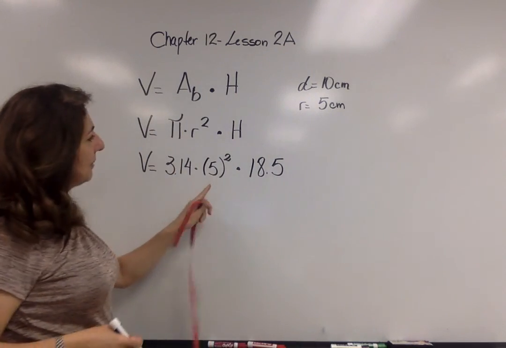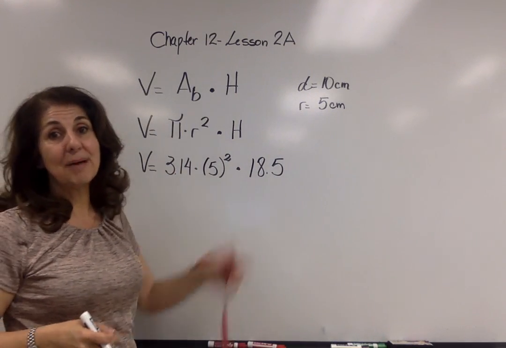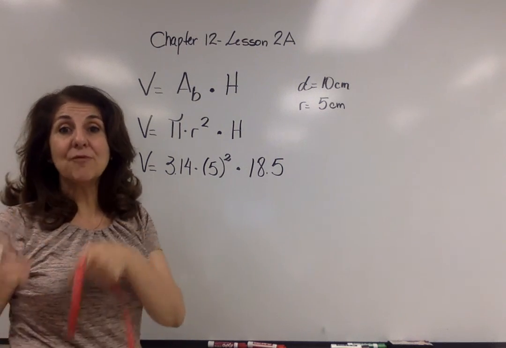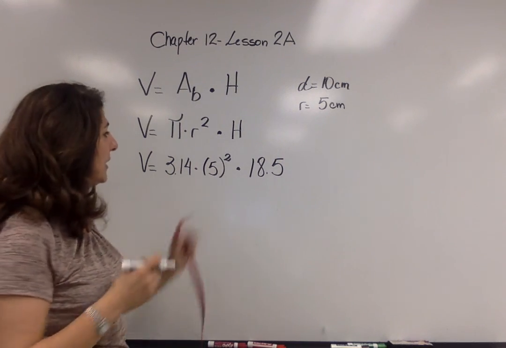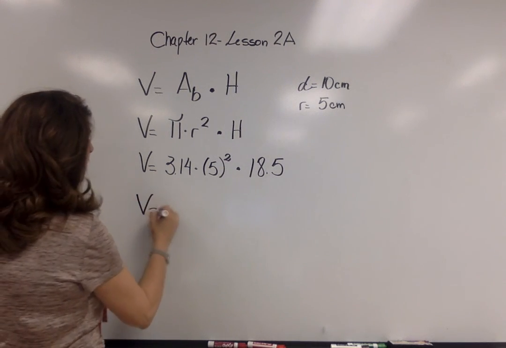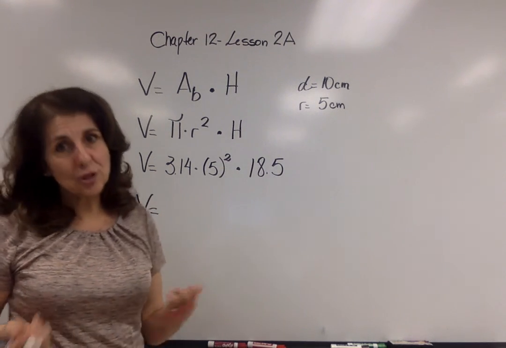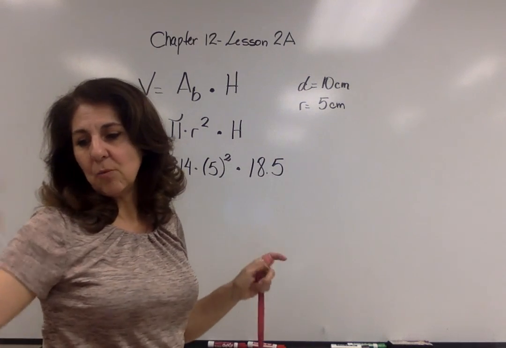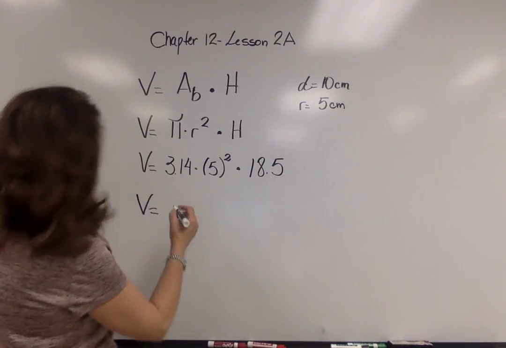Now I have to multiply. Remember that 5 to the second power is 5 times 5. We're talking about power here and not just a simple multiplication. So the volume here is going to be, since we can use a calculator, I already went ahead and did this. So this is